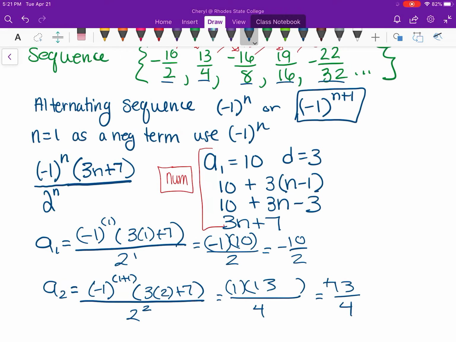If you want, you can keep going to check the other terms, but it seems like this is working. The first thing we did was notice that it was an alternating series, so we had to make sure that we included that negative 1 trick in here. You want to use either this or this if it's an alternating series, and you just pick which one depending on whether you're starting with a positive or a negative. Then you want to look at the denominator and the numerator separately sometimes, because sometimes they're set up differently. In this case, the bottom was being multiplied